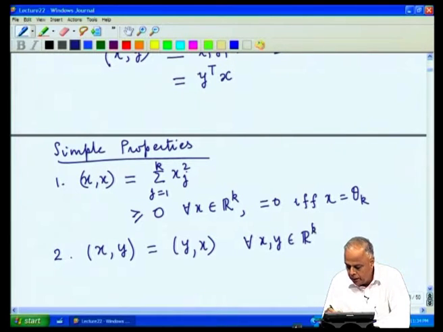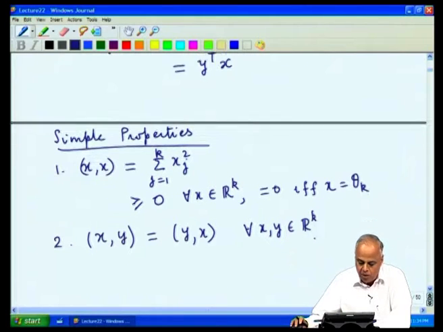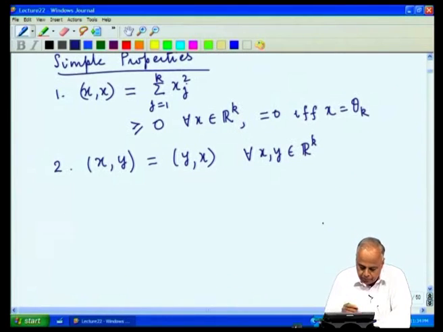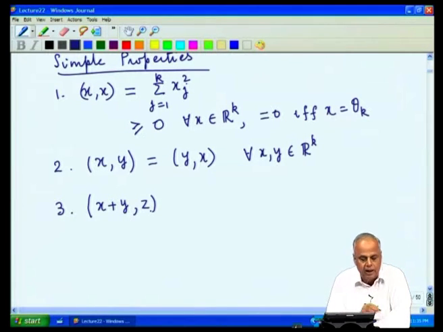That is, the inner product of x with y is the same as the inner product of y with x. Then we look at the effect of this operation of inner product with the two basic algebraic operations in the vector space, namely addition and scalar multiplication. So, suppose I take two vectors x and y and add them and then take the inner product with z,